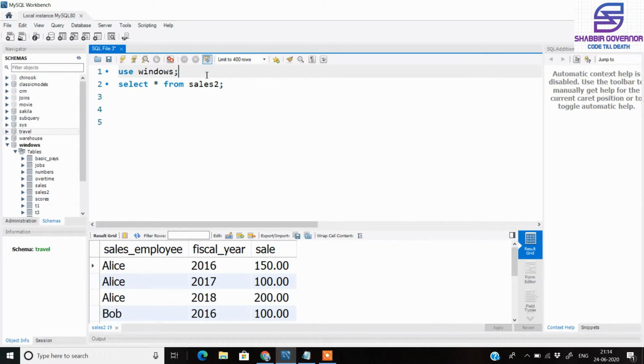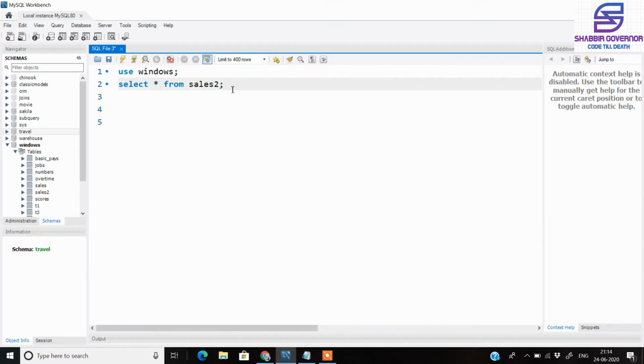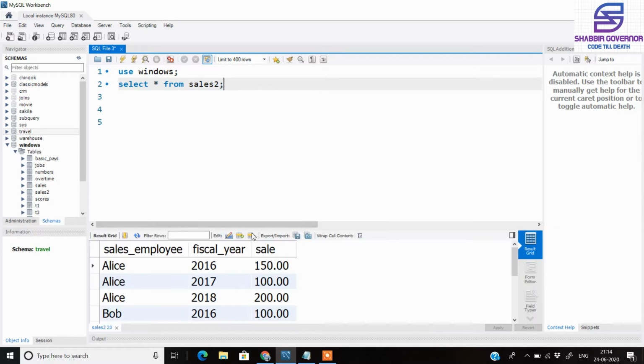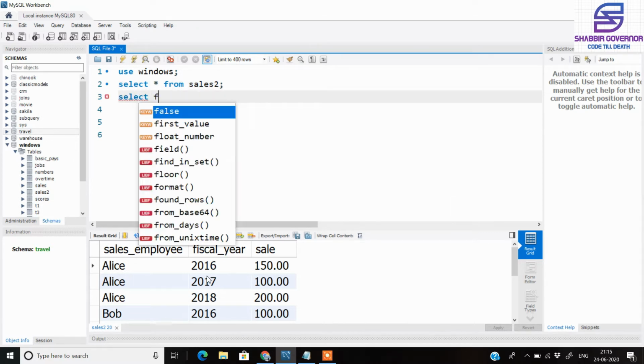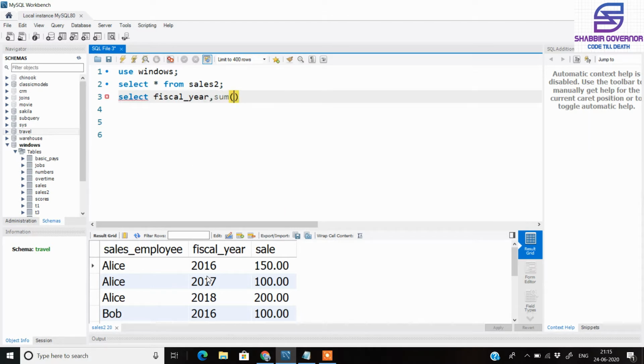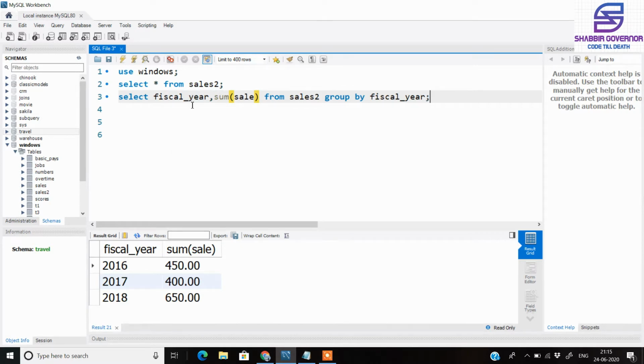So firstly we select our database, and in my database I have a table that is sales. Now I want to see the total sale which is made in a particular year. So we can use the group by clause which you have seen in the earlier videos. So this is the way how we used to do this query: we used to select the fiscal year, then we used to select the sum of the sales, and we used to group by the fiscal year. So you used to get the total number of sales that is made in the particular fiscal year. So this can be overcome using window functions.